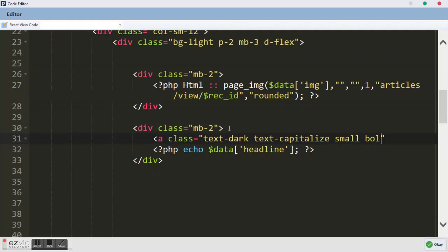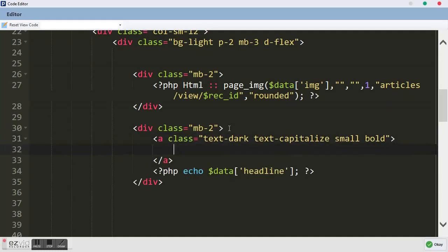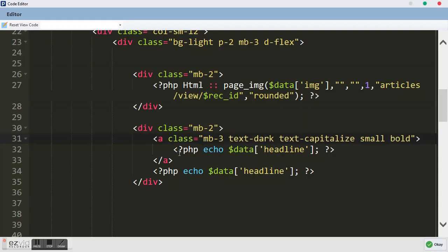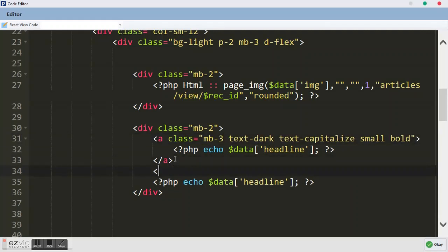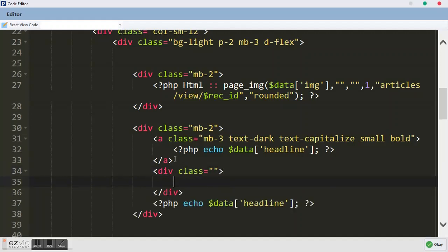and once you say small, you can say bold, and you can just cut this thing, copy it and paste it here. Then we can go further and say mb-3, and we can come down here and do our div class, and inside this div class we are going to have span class text-primary,